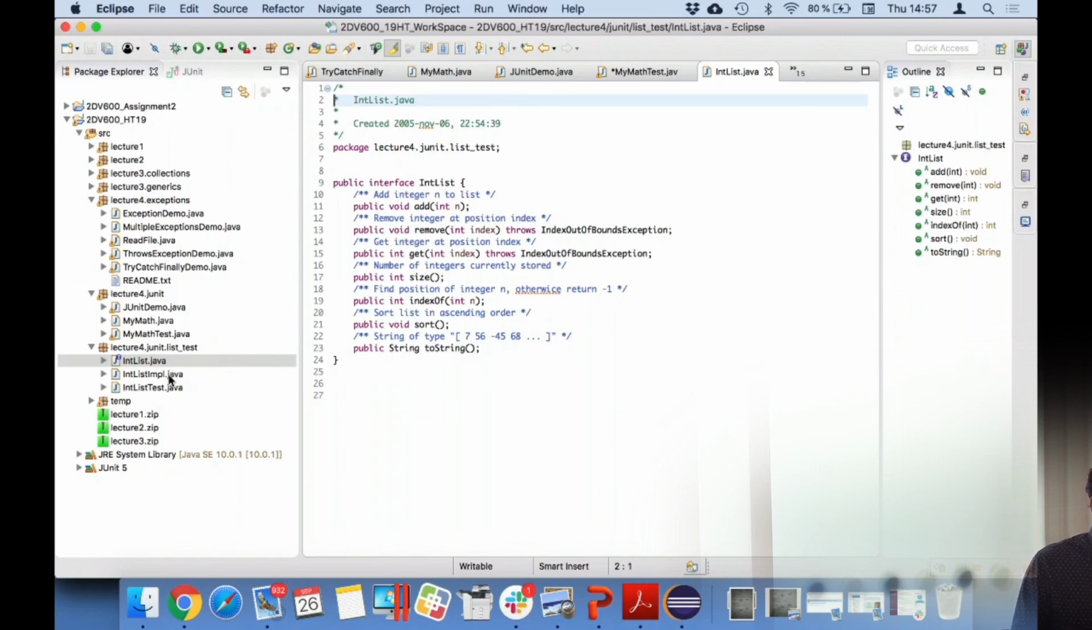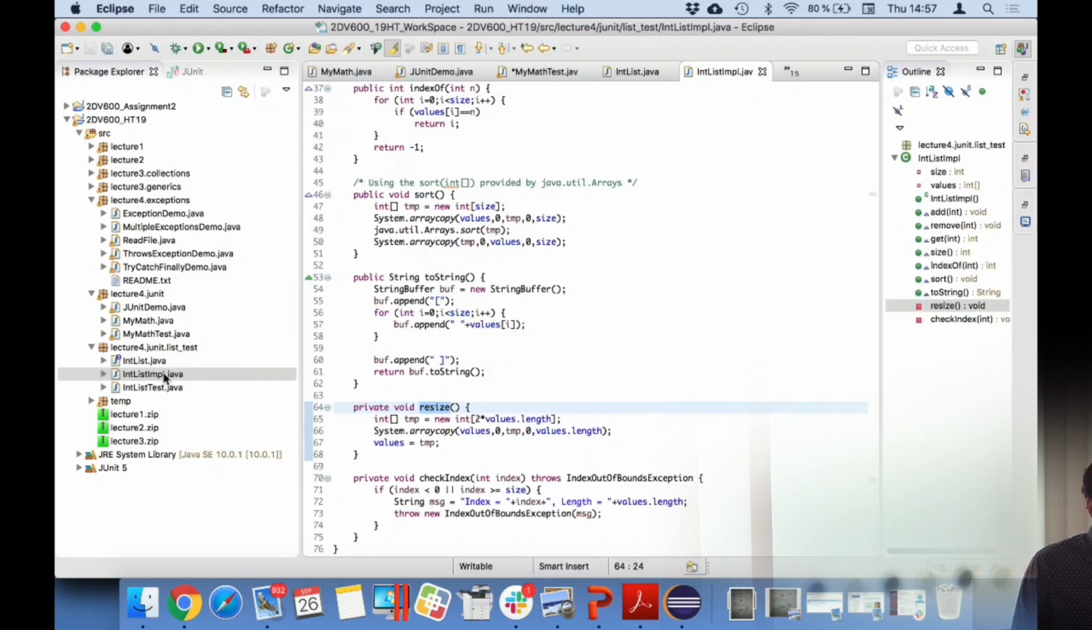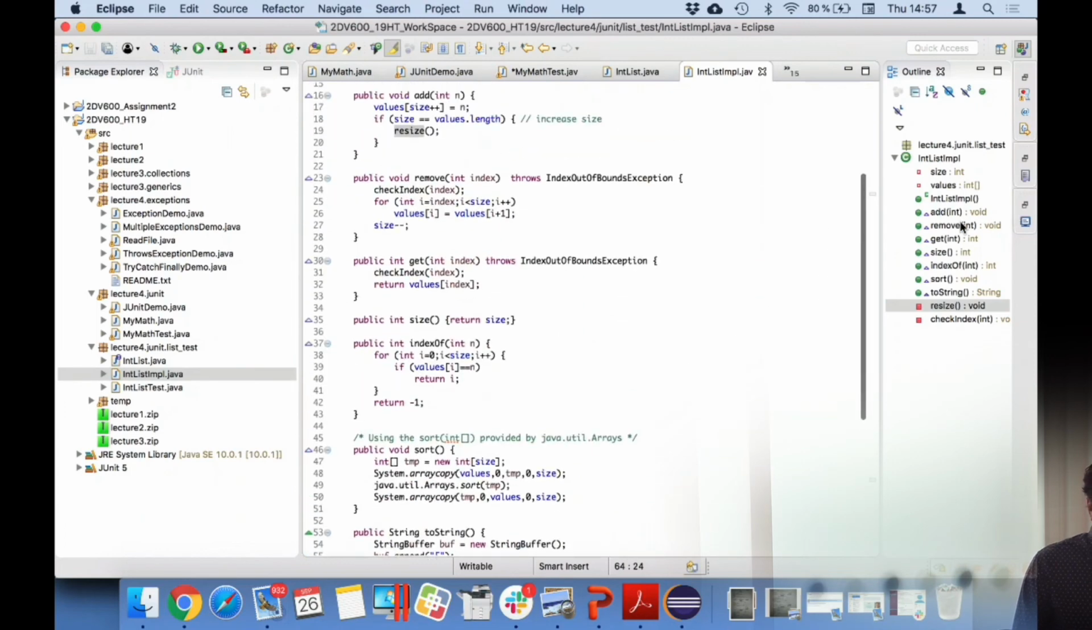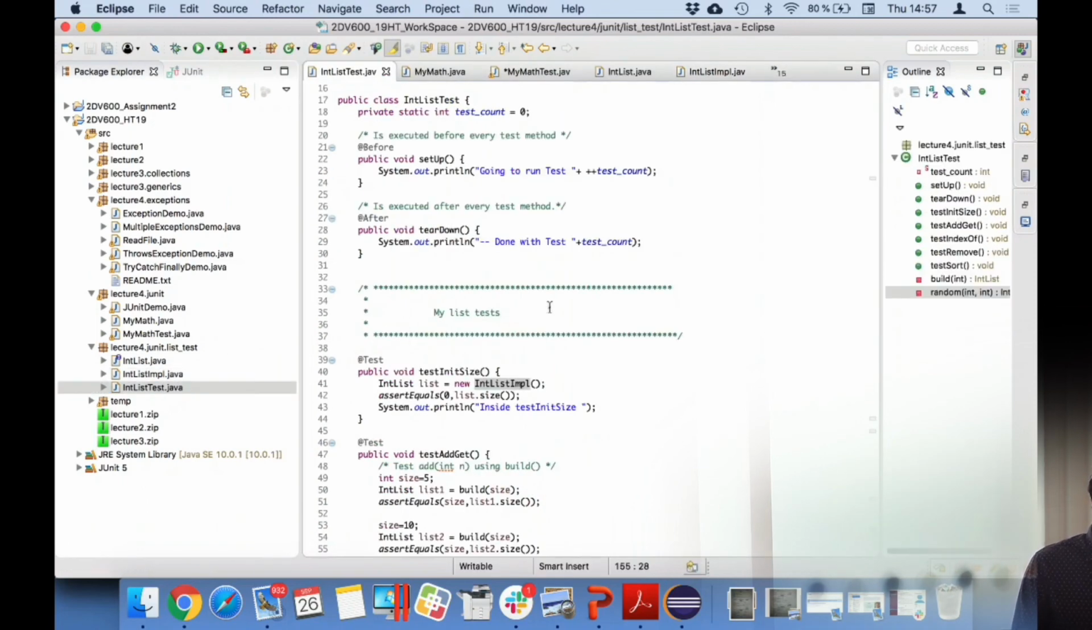And then I have a class that implements this integer list, okay? And I have defined the add, remove, and all those different methods. But now I want to test whether this class works fine or not. Are these methods doing the right operations or not? So